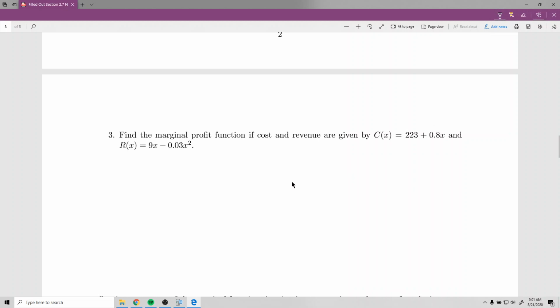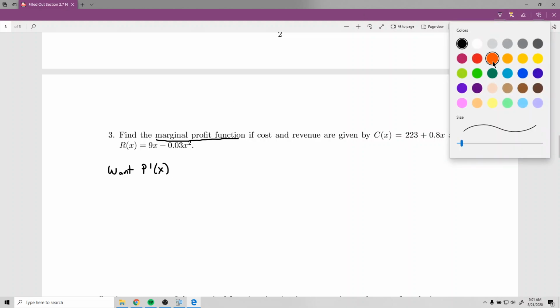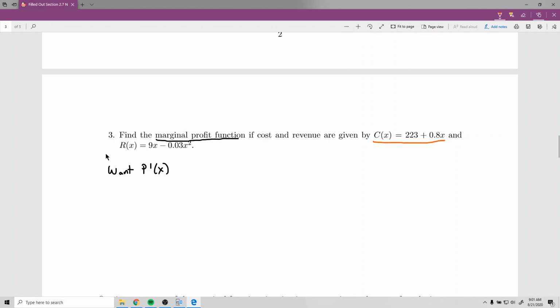All right, so the last thing here is find the marginal profit function. So we want p prime of x, and it gives us the cost and revenue. The cost is 223 plus 0.8x, and the revenue is 9x minus 0.3x squared. Right, there's two ways you can do this. Since profit is revenue minus cost,